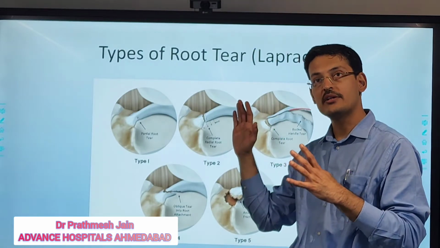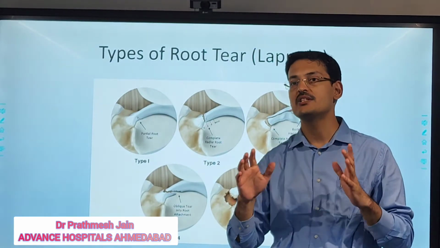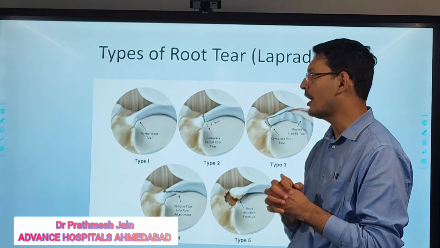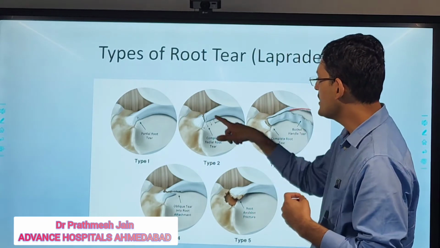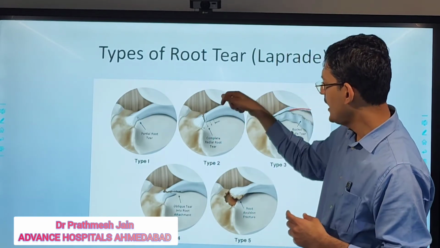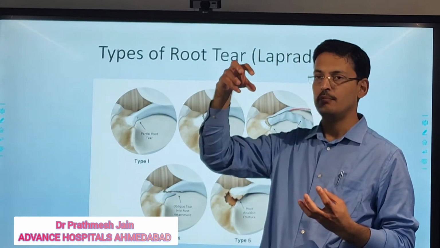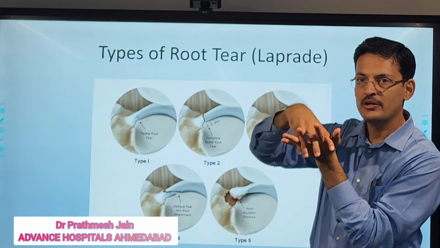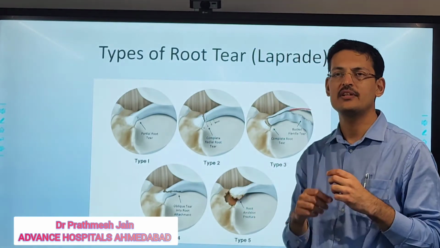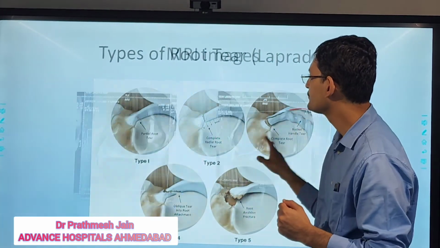Now, the traditional technique of a root repair is a transtibial technique. In the transtibial technique, what people do, I also used to do it, is we pass sutures through this meniscus fragment, we drill a tunnel, and then we pull the suture back in and hope that this meniscus fragment will reduce with the pull-out suture, and you can tie it on the tibial cortex either with a button or a suture disc or with a screw, whatever you want.